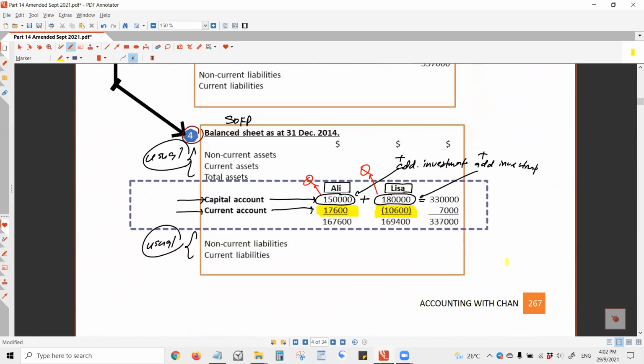So you can easily see how all the 4 steps link together: income statement, appropriation account, current account, and SOFP. After that, just like how you do the SOCIE table, you have to show the total. Show the total vertically and also horizontally, then you are done. Simple. Now look at the same page. There is something in the middle.